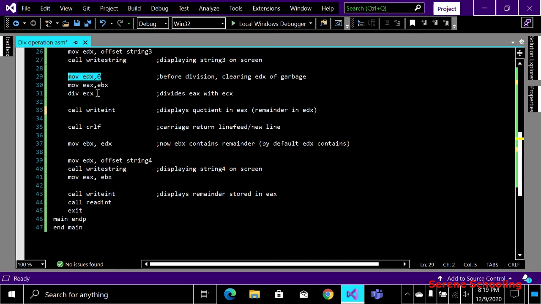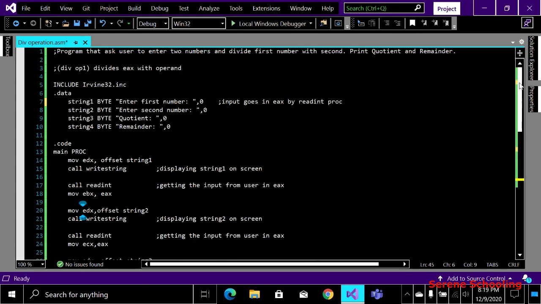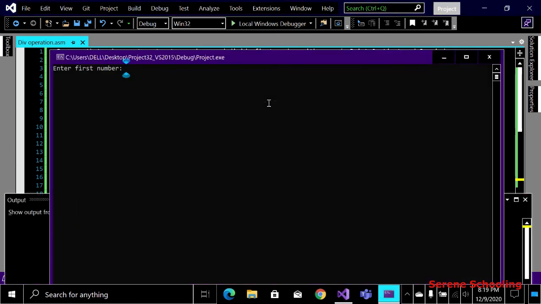But this is the basic use of the div instruction and how we save our values of the EDX and EAX registers. So that's all for our div instruction, and I can also display the result in front of you so you can understand better. Enter the first number, I enter 100, enter the second number, that is 50. Now just guess the remainder and quotient along with me. I guess the remainder will be 0 and the quotient is going to be 2, right? Let's check. Okay, quotient is 2 and remainder is 0.